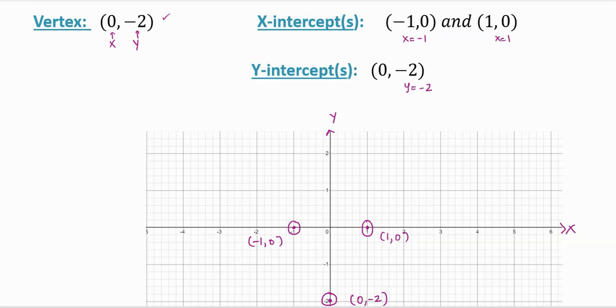Now join the points to get the graph. When we join, make sure that we touch all the points. So it's from here and then here. So it is an upward parabola. Okay. Let's